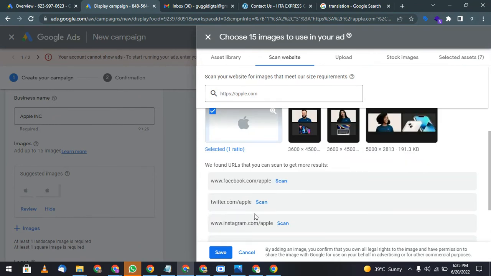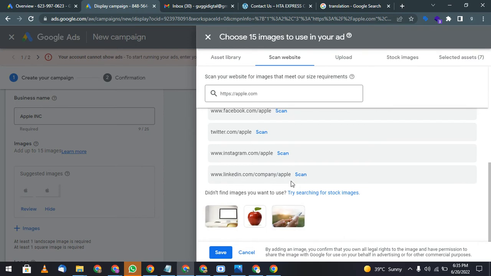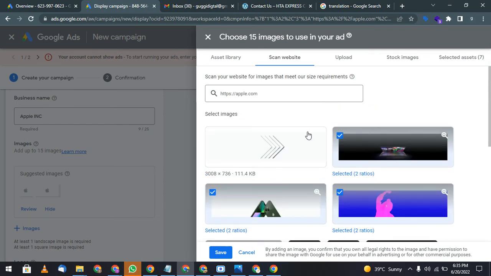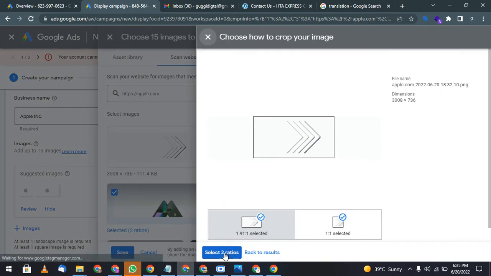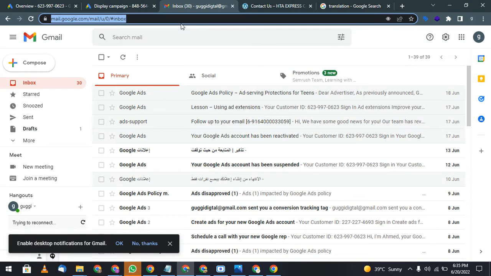I will say Twitter Apple, Instagram Apple. Instagram Apple is not recommended. Okay. So for example, this is enough just for a practice reason. This is enough. 7, 8 images are enough. If you want to go to YouTube,